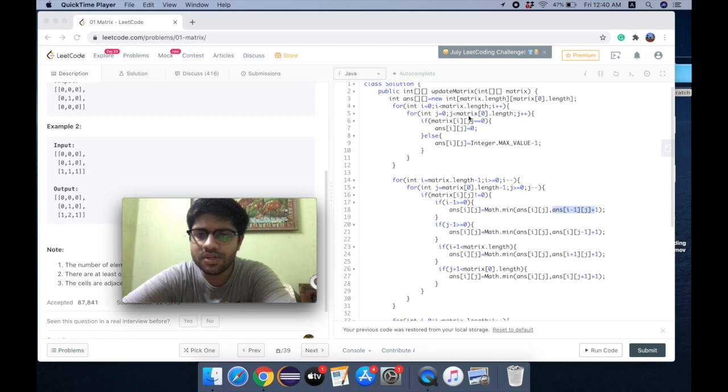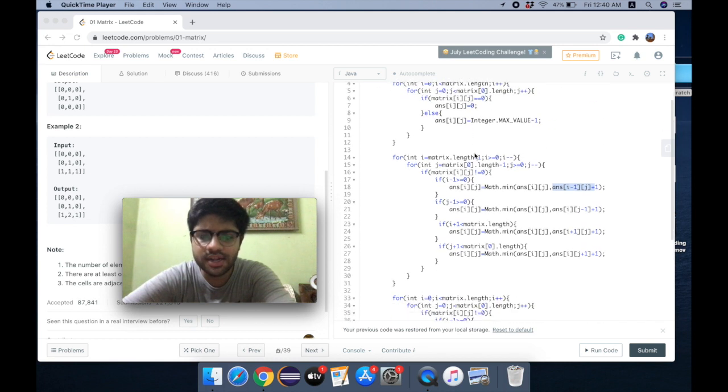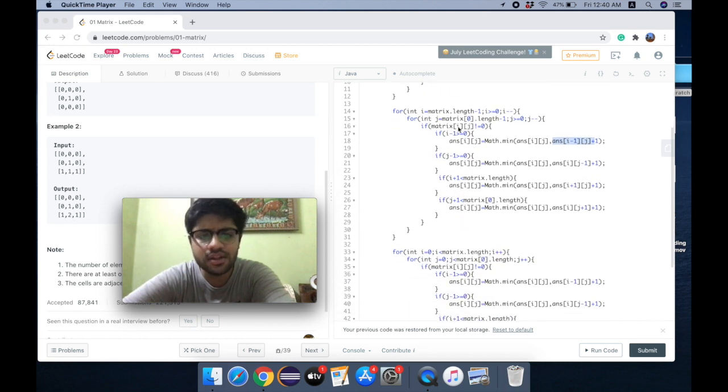Once we are done with the solution matrix, we then iterate the matrix and correct our solution matrix. So we need to find out the distance of ones from zeros now. We need to replace the Integer.MAX_VALUE now. So I am iterating through the matrix. I need to work only if matrix[i][j] is not equal to 0. That means that I have 1 there, then only I need to do computation.